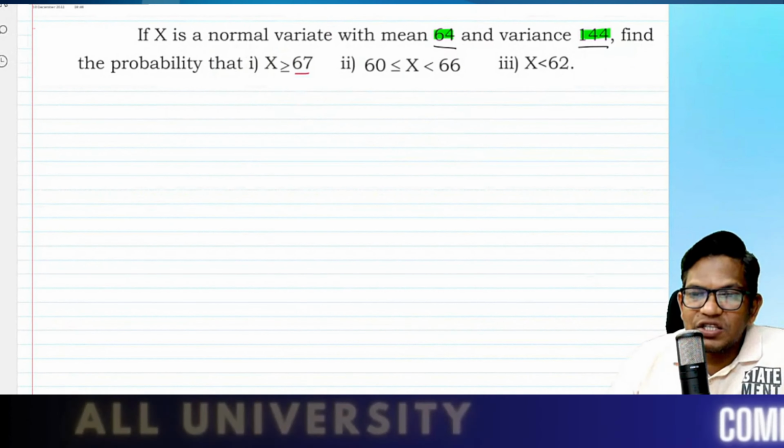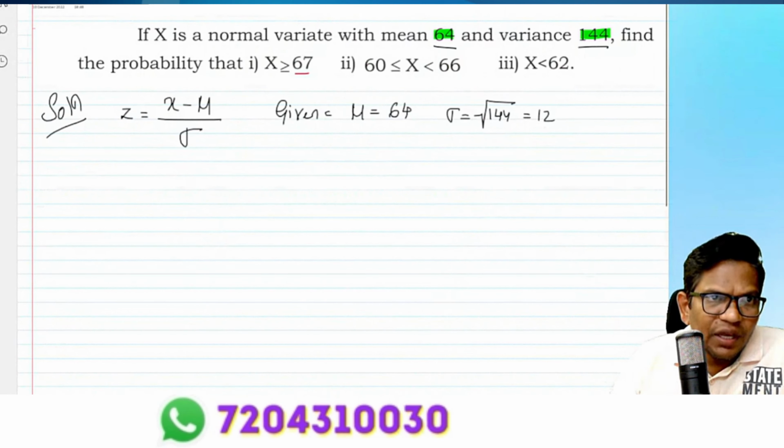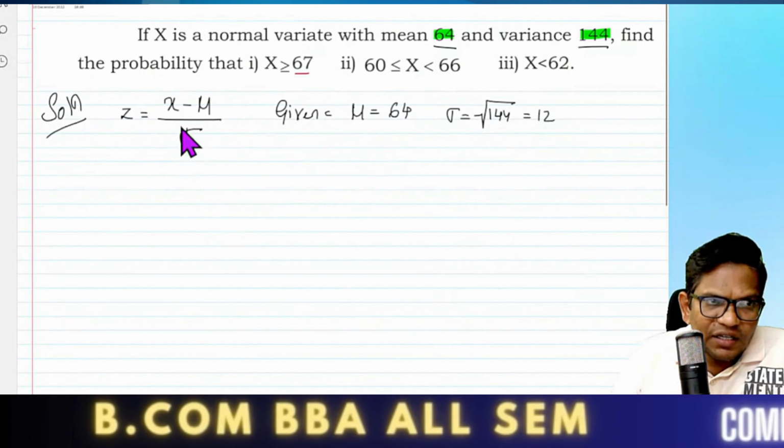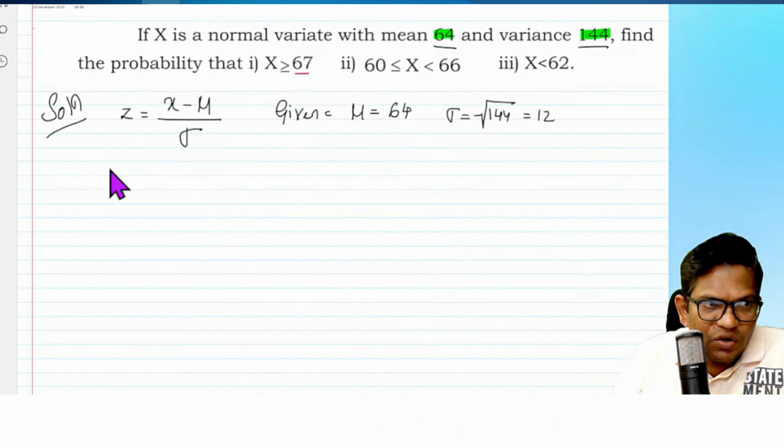Given X, the mean and mu are both the same, 64. Variance is given, so standard deviation is the root of 144, which is 12. Okay, now continue. Let's see what they have given first: X is greater than or equal to